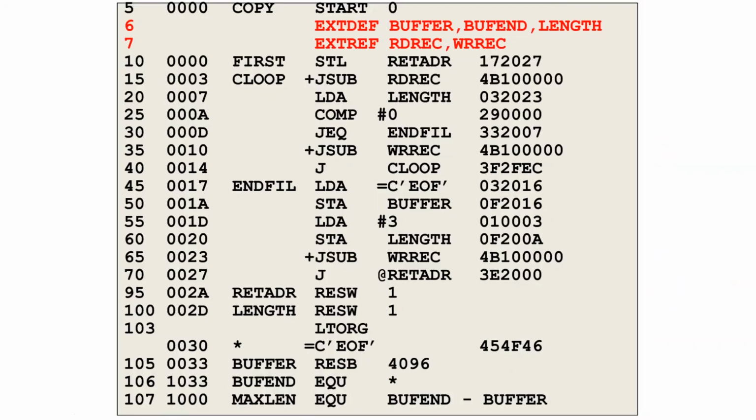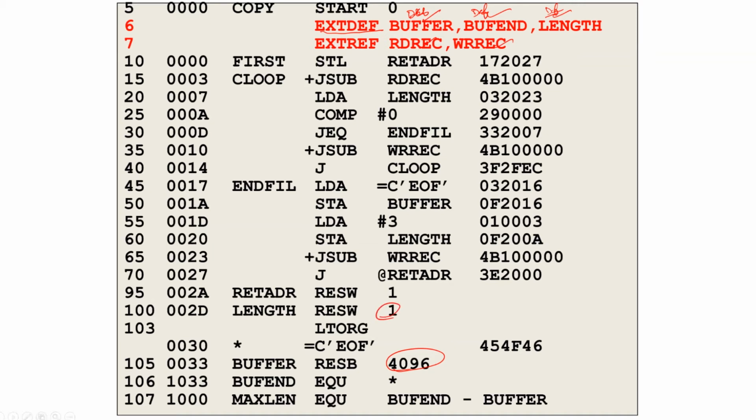So we will see the example. Consider a control section, and in this control section you have external definitions like buffer, bufferend, length, and external references like read record, write record. Clear? First, what is external definition? These are defined here. Buffer will be defined here, bufferend will be defined here, length will be defined here. Bufferend, you are reserving 1000 bytes.